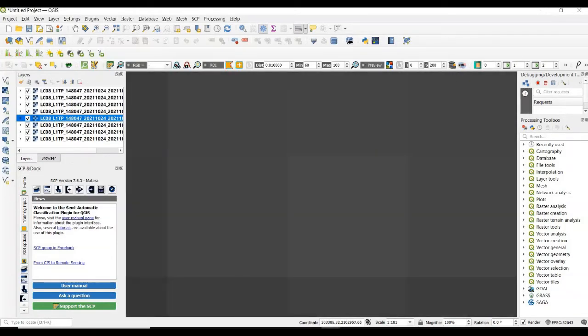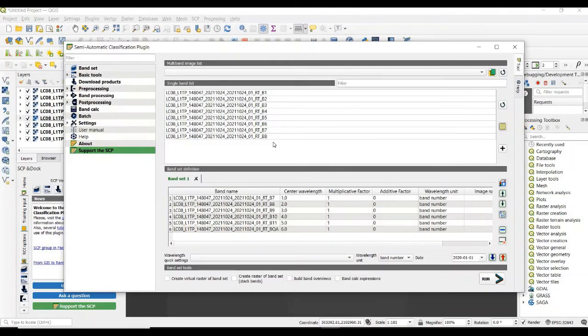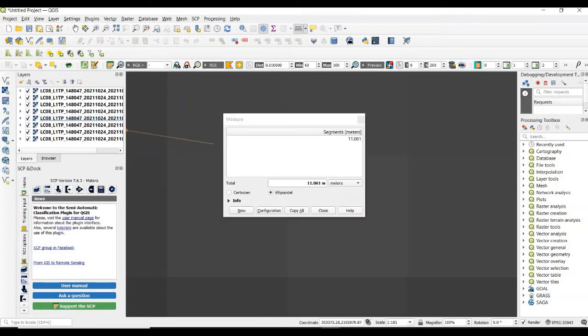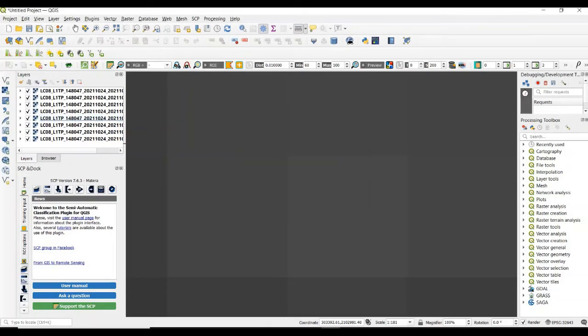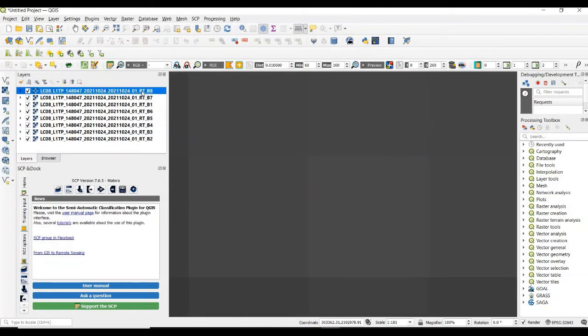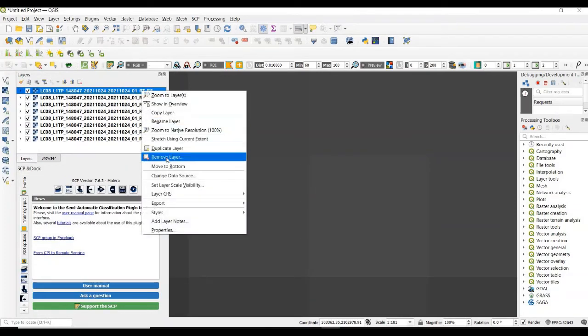So the same bands will appear in that single band list. So we do not require band 8, so remove band 8 from this list.